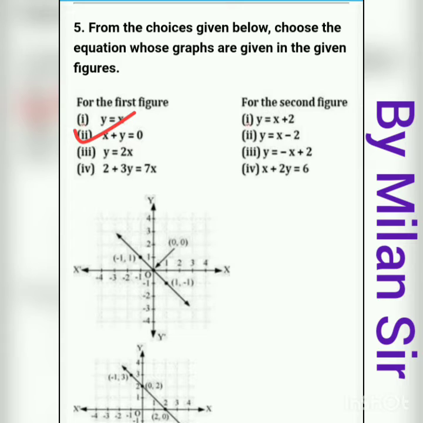So in this way we can find the equation from the MCQ. We just need to check any one point on all these equations. If it is satisfied, then it is the required linear equation. If you get more than 2 linear equations as your answer when you check the point, then you need to check your second point. Whatever equation satisfies that second point can be your final answer.